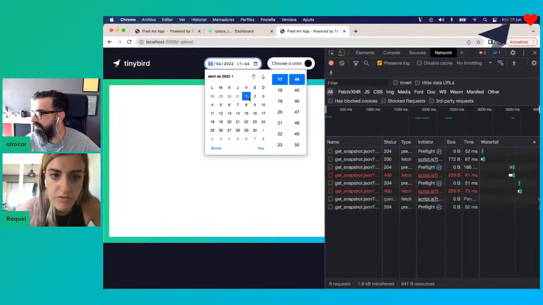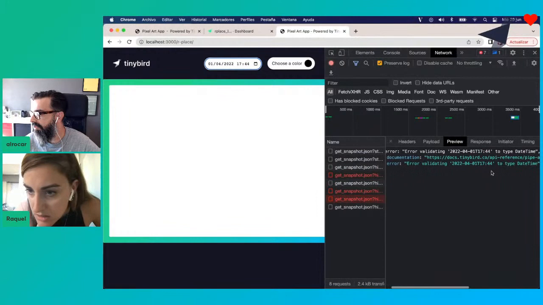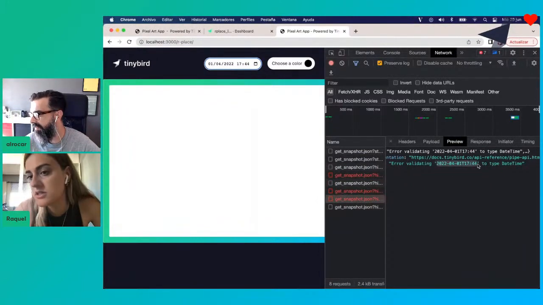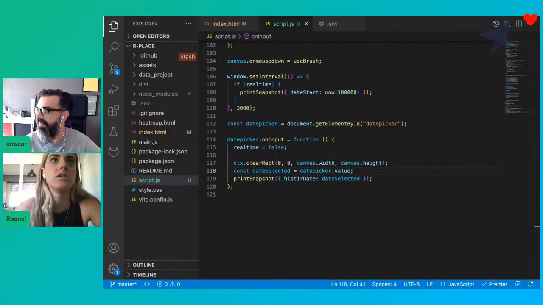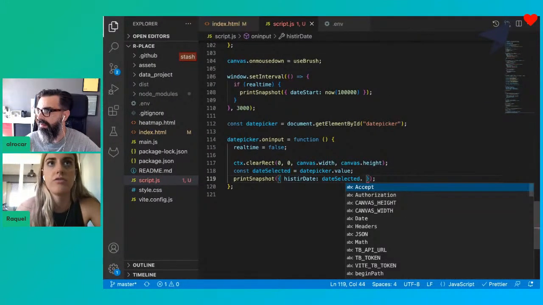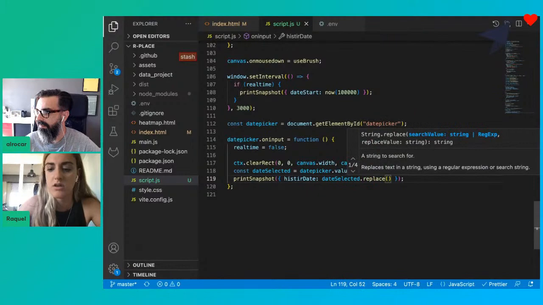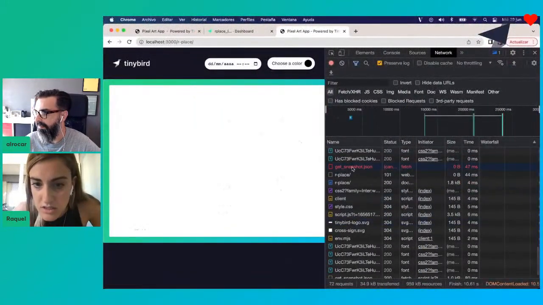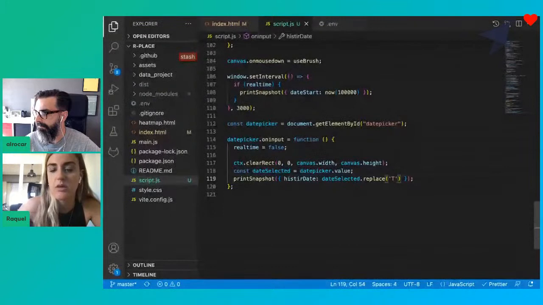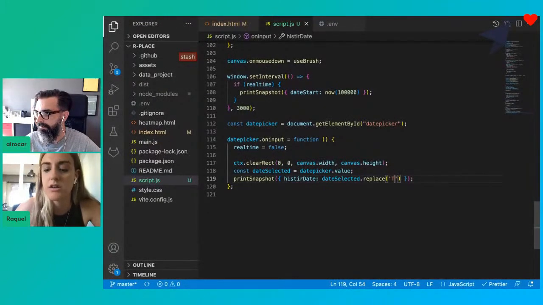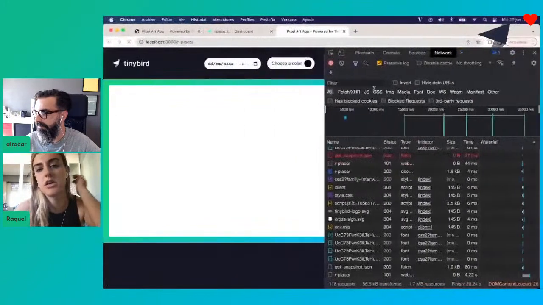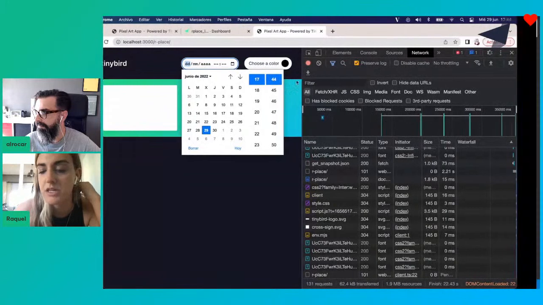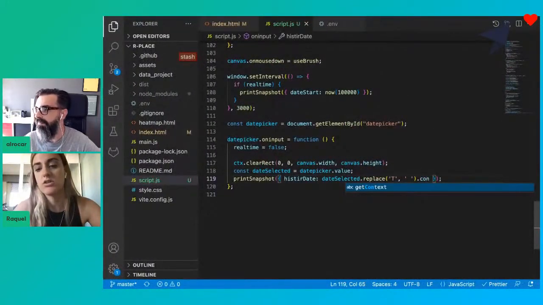But let's check if we get... Okay. Yeah. The date is in this format, so we have to convert it to our format. That is just adding, for example, a replace. We have to replace the T that was in the middle of the date and the hour with a space, and then as this input is just collecting hour and minute, we need to add the seconds